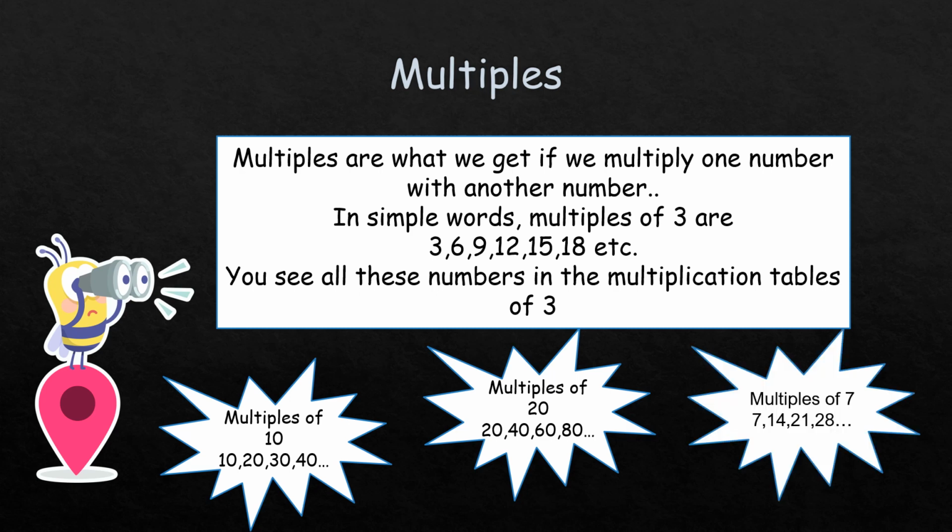Multiples of 7. Can you say 7 is a prime number, so I can write only two multiples? No, don't get confused. Multiples of 7 are infinite. What are the factors of 7? Factors of 7 are only 1 and 7, because 7 is a prime number. But that is not the case with multiples of 7. You can keep writing many numbers.